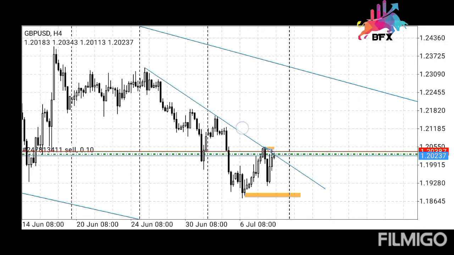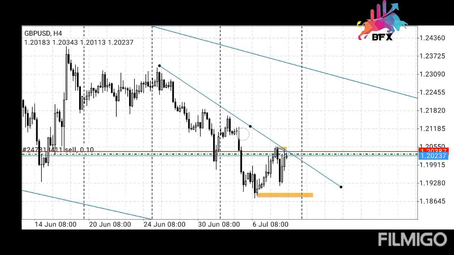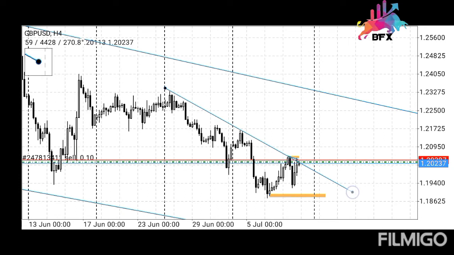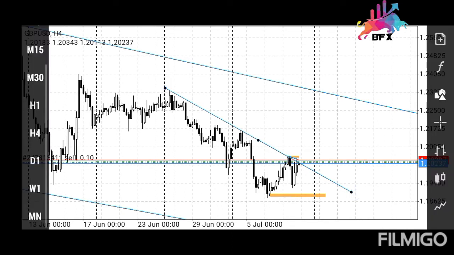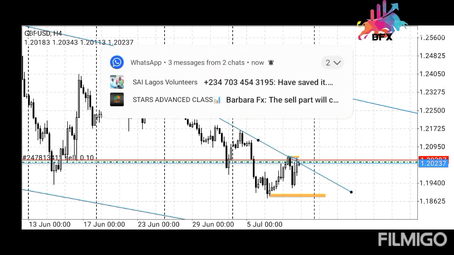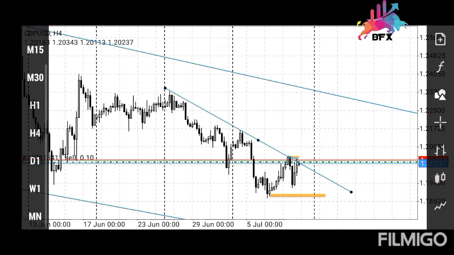On my H4, I have a trend line here as well, just the H4 trend line. Sorry, I have a trend line here which puts me in guide. You can see. All right, looking at my trend line, if you look at my trend line properly, let me use the line chart. Okay, if I decide to use line chart, okay, let me leave it on candlesticks. Right. So using this, it's